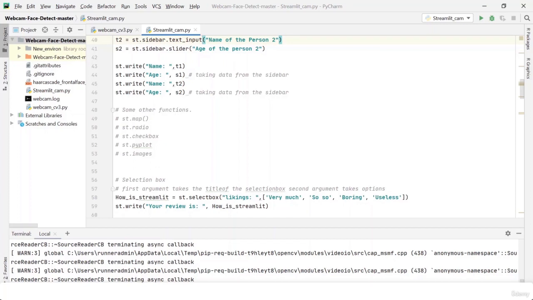With this, we come to the end of the first part, where I was explaining Streamlit and using some of its functions to showcase how Streamlit helps in visualizing, what functions Streamlit has, and how to use them.